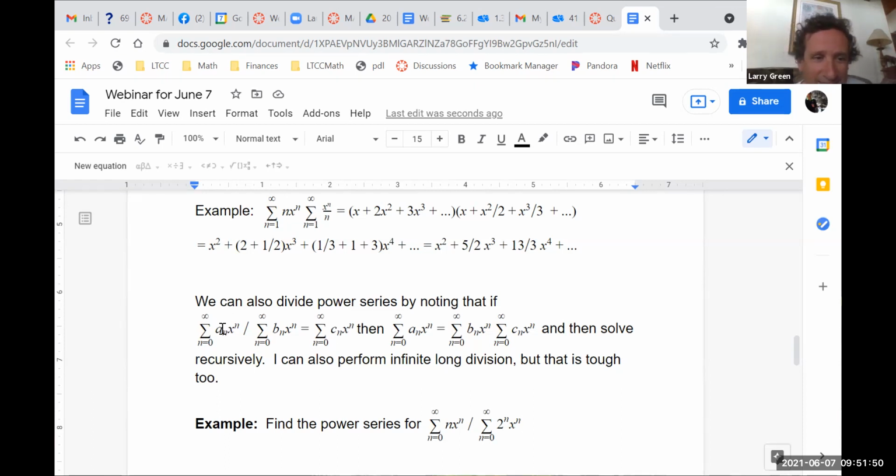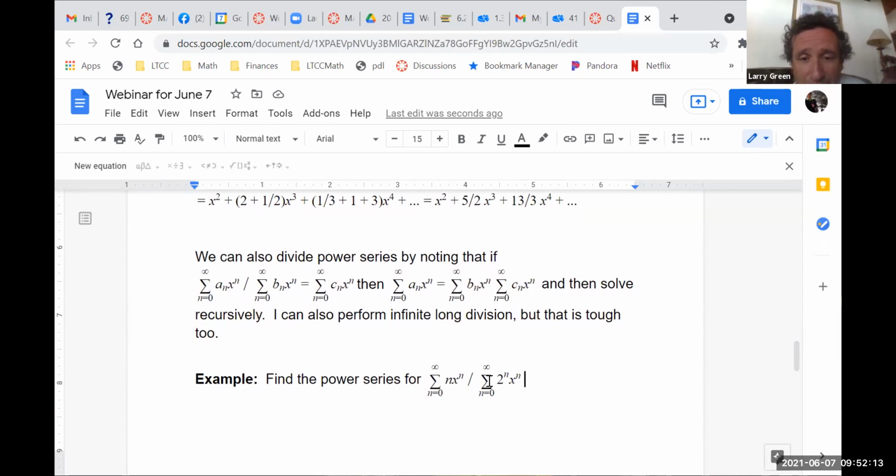And that is saying that if we have the summation of a_n x to the n over the summation of b_n x to the n, and we say, well, that's equal to something. We don't know what it is, but just call it the summation of c_n x to the n. Then you can multiply by b_n on both sides, and then you can do it recursively. So for example, if I want to find the power series for the summation from n equals 0 to infinity of n x to the n over the summation from n equals 0 to infinity of 2 to the n x to the n,